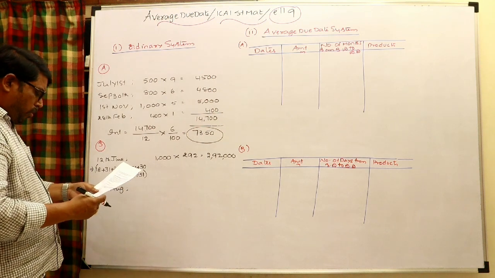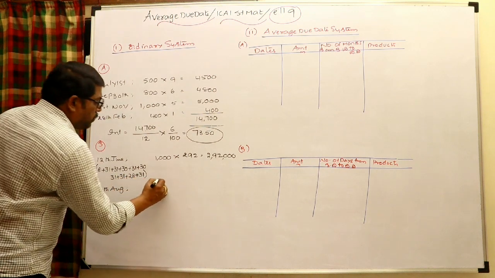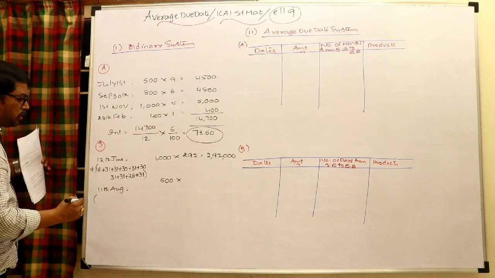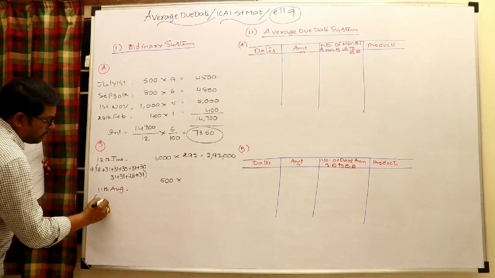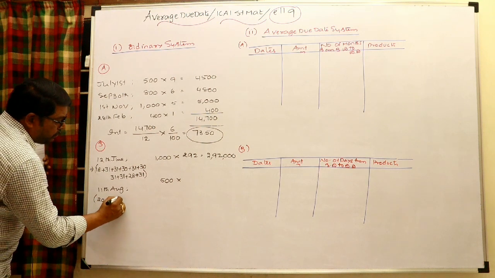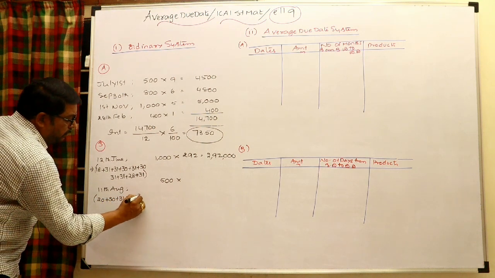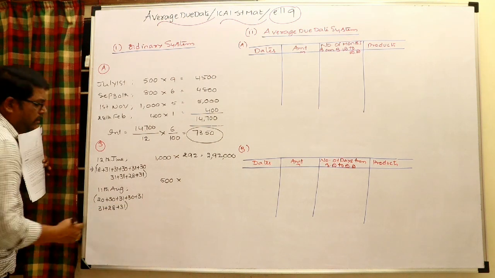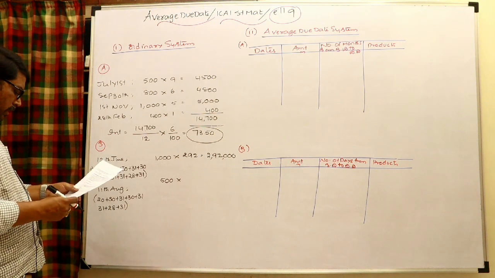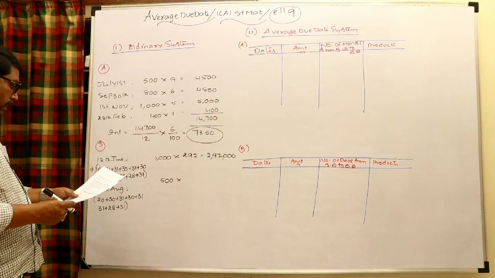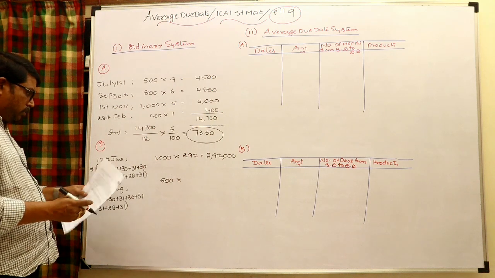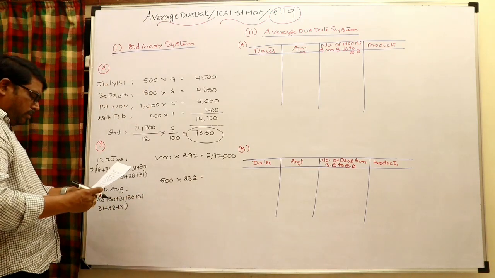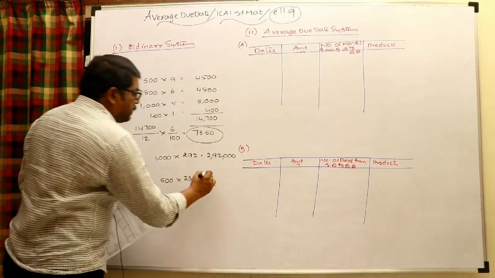11th August, the amount drawn by him is 500 rupees, and it should be multiplied again with, within bracket, 11th August, means in August 20 days, September, October, November, December, January, February and March. From August 11th to March 31st, the number of days you can check it, and of course here the number of days will come to 232 days. And multiply 500 into 232 days, the resulting amount 1,16,000.